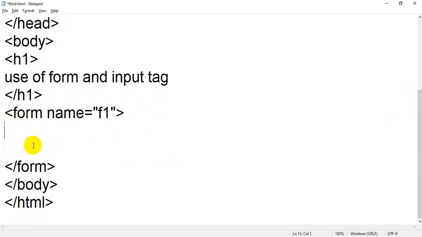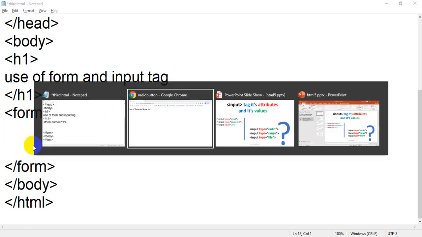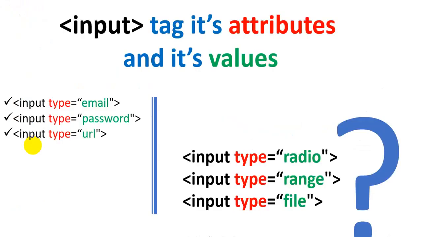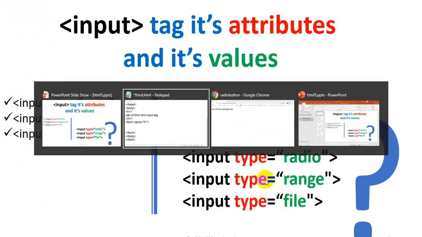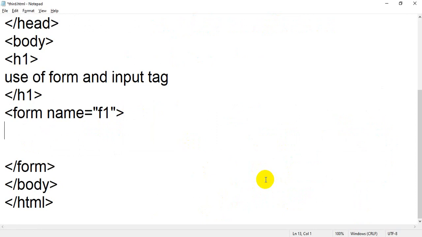Okay, so in today's lecture we are about to learn three input types, that is radio, range and file. So we will start from radio, range and file. We will learn these things, but before that I just want to add a simple text box.